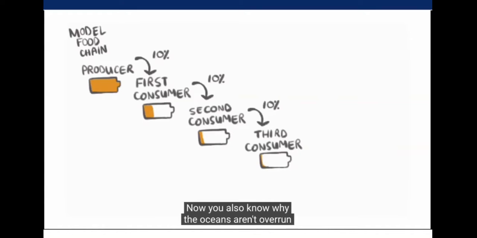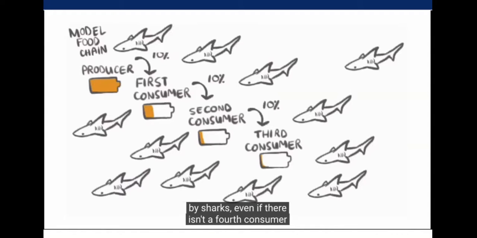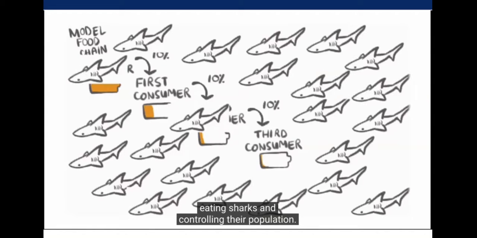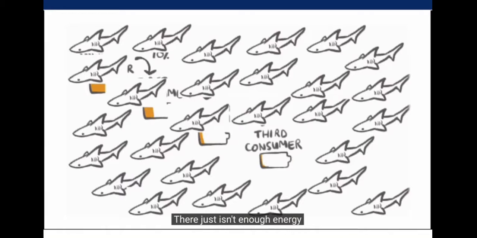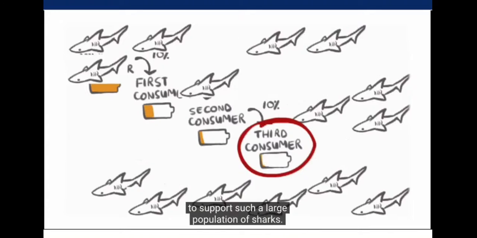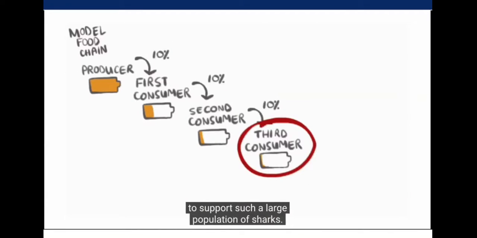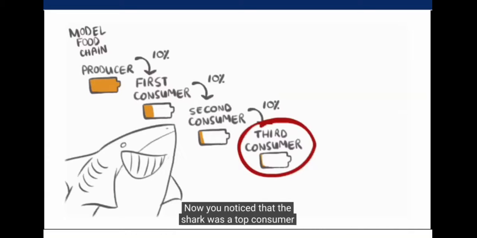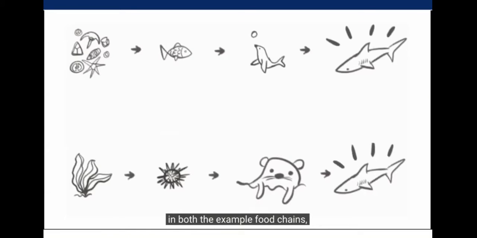Now you also know why the oceans aren't overrun by sharks, even if there isn't a fourth consumer eating sharks and controlling their population. There just isn't enough energy getting to the third consumer level to support such a large population of sharks. Cool. Now you notice that the shark was the top consumer in both the example food chains,